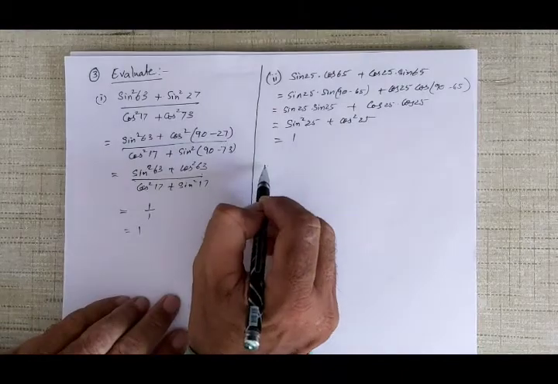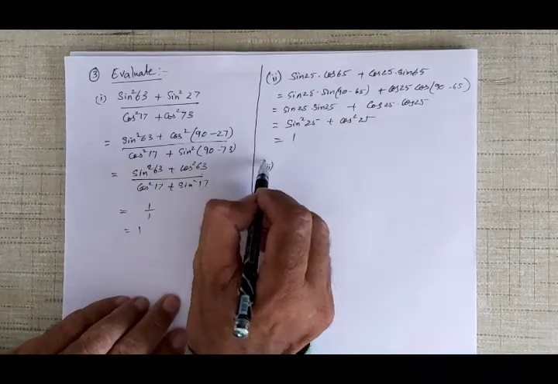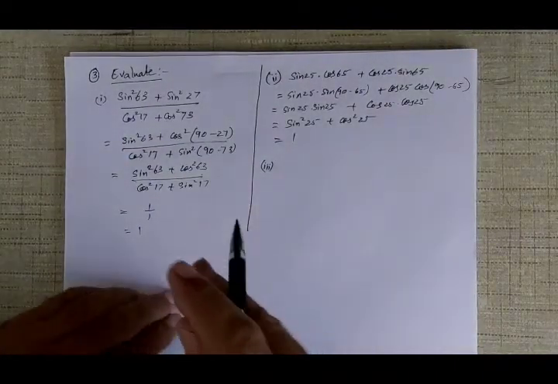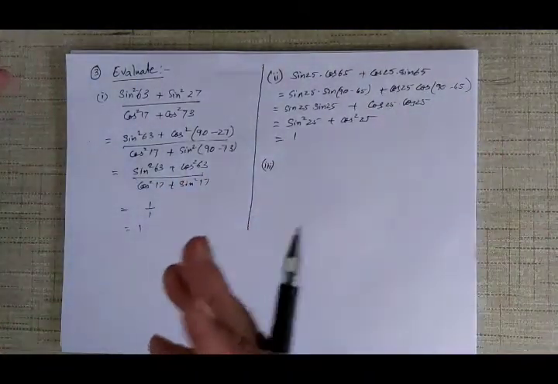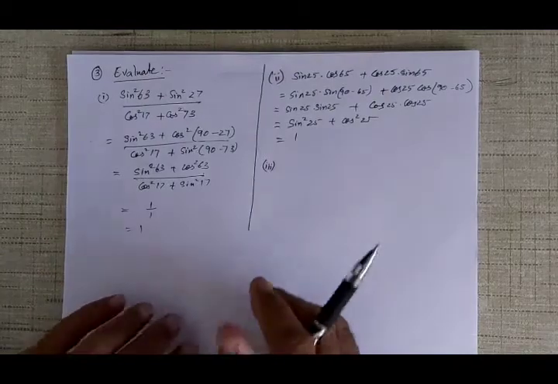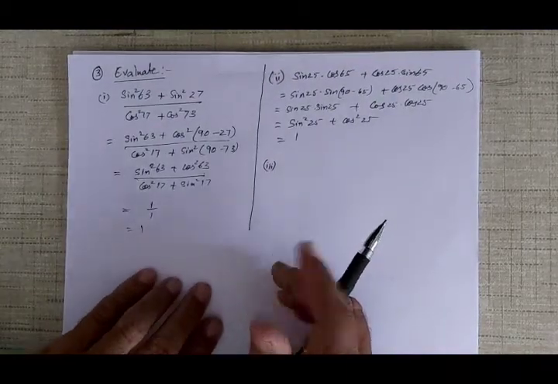You can see that there is never confusion in this kind of problem because there is only one way to do it. When there are multiple ways of doing it, you can do it in different ways. And I showed you the shorter one and the longer one both. Eventually you will get the same answer. Alright, that was question number 3.